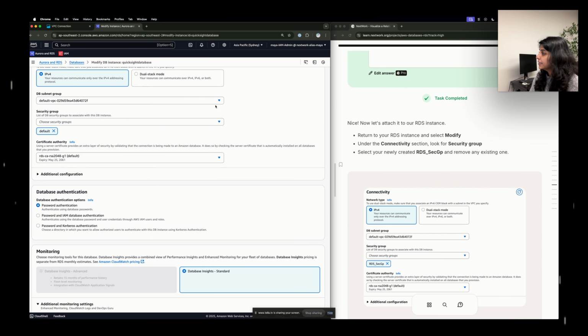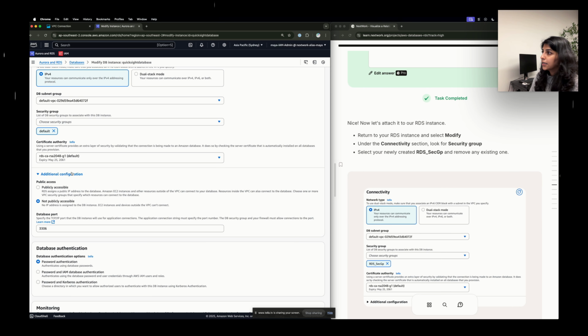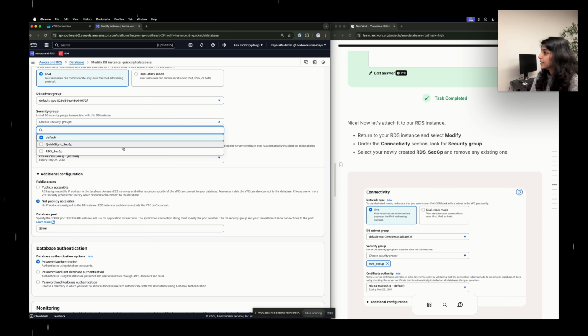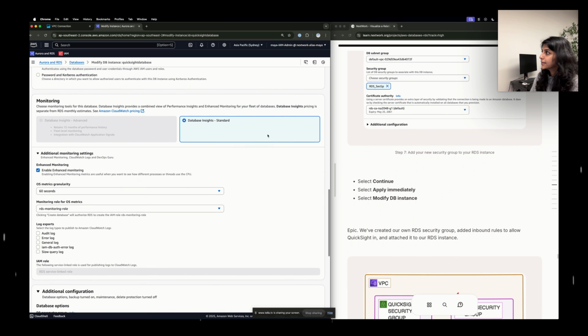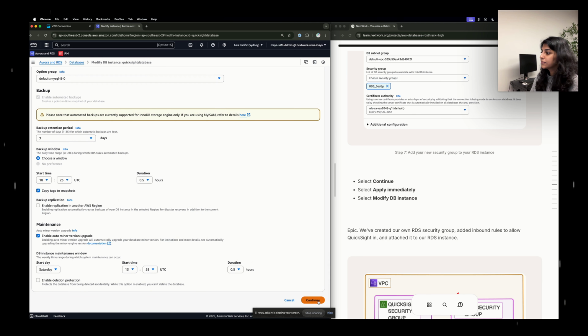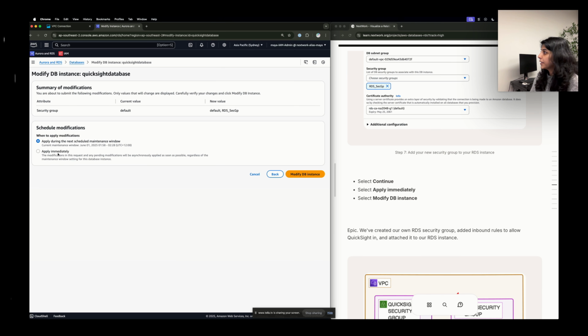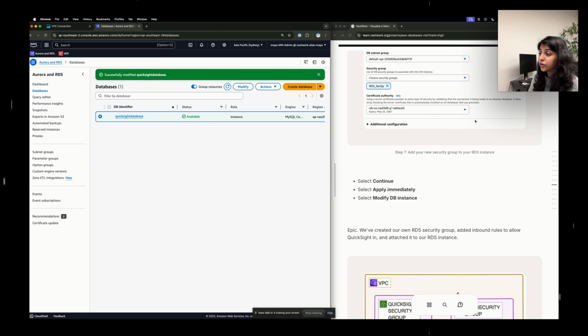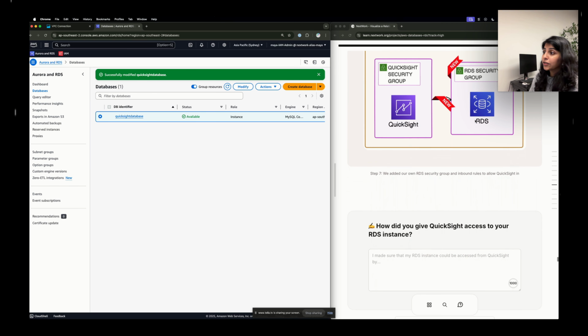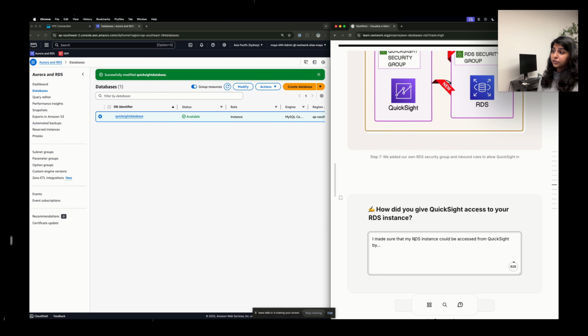Go to connectivity, and then under security group, let's add that RDS security group. Okay. Everything looks good. Let's continue and apply immediately. Modify our DB instance. So it says it's already done. Everything's looking good. I made sure that my RDS instance could be accessed from the QuickSight by